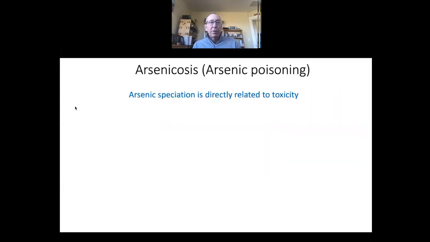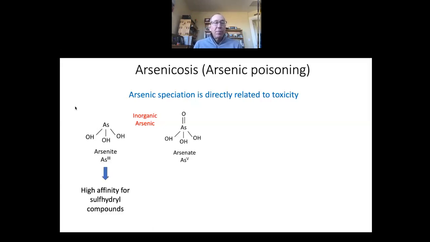So now, why is arsenic toxic? So first, let's look at the different species of arsenic. So inorganic arsenic is found as arsenite, arsenic 3, or arsenate, which is arsenic 5. Now, these species are toxic because, one, arsenite reacts with sulfhydryl compounds. So, for example, cysteine residues in amino acids. Arsenate actually is a phosphate analog. So cells can take up arsenate thinking that they are taking up phosphate, which is a required element.